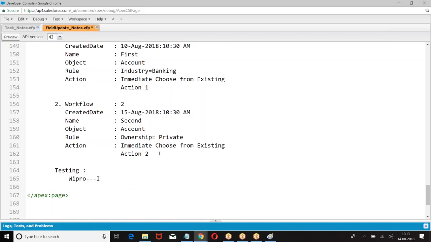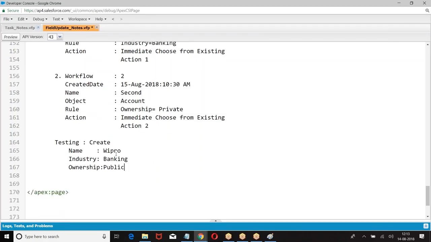Create Wipro banking. So I have created a record with name and industry. This is the format in which I created.